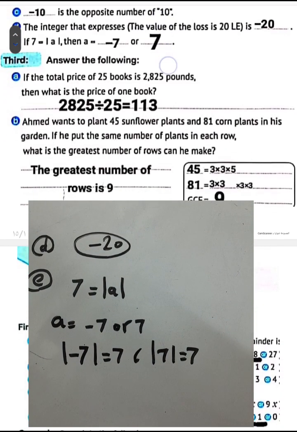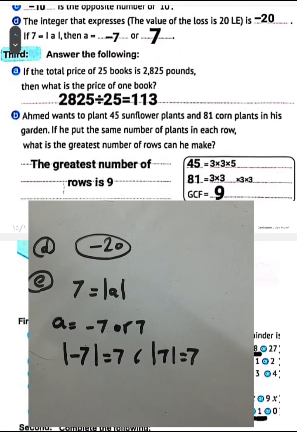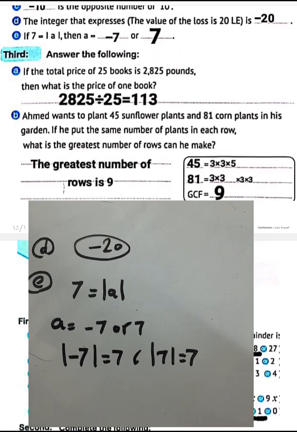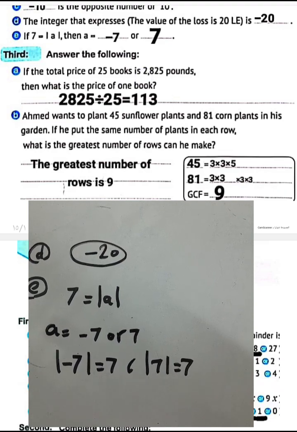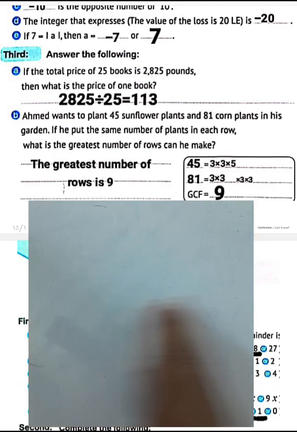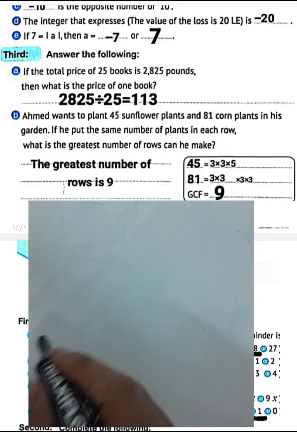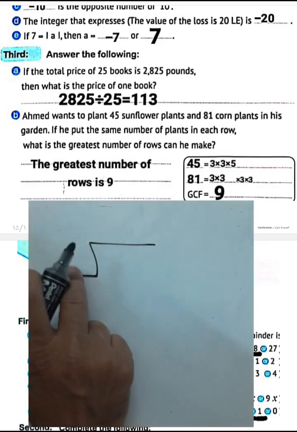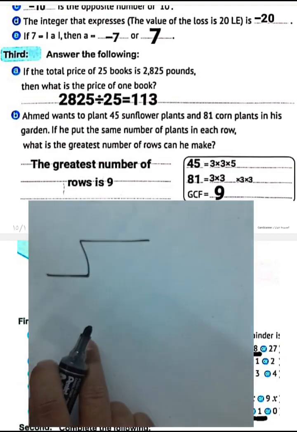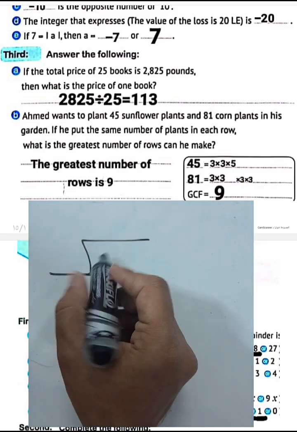Third, answer the following. If the total price of 25 books is 2,825 pounds, then what is the price of each one book? We can find the price of each one book by using long division. Write the dividend here, and here the divisor and the quotient, you can get it. We have the total number